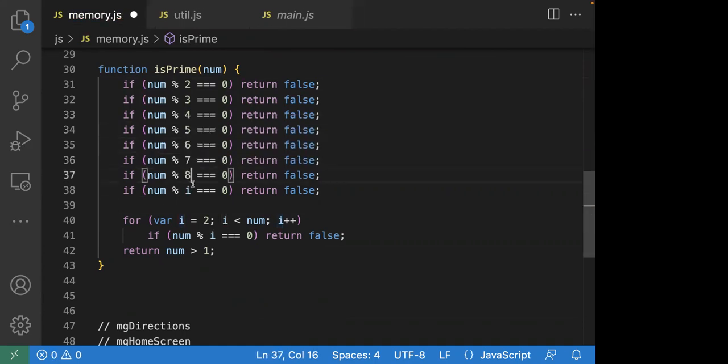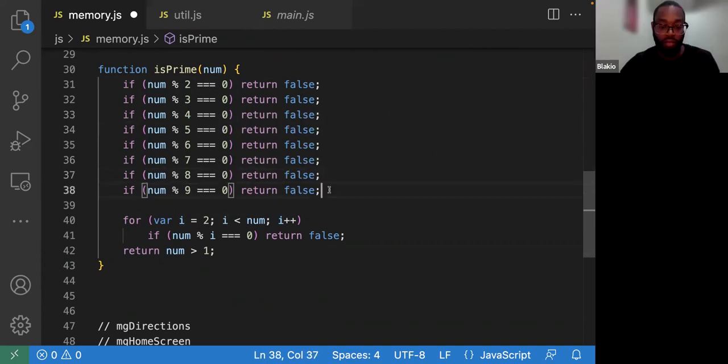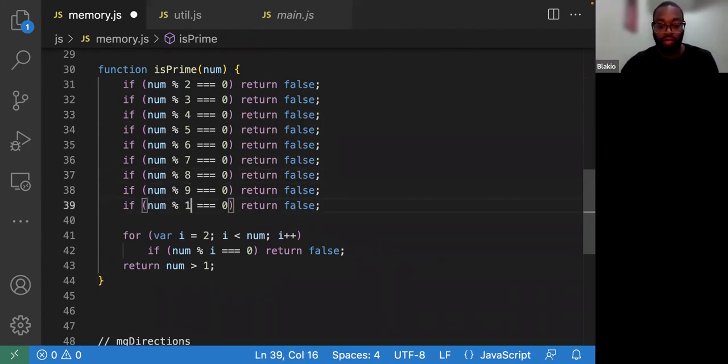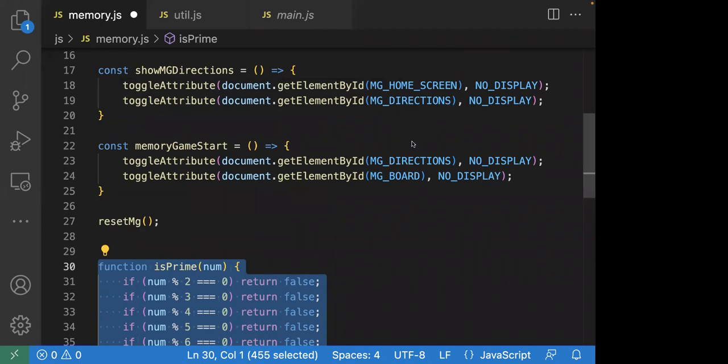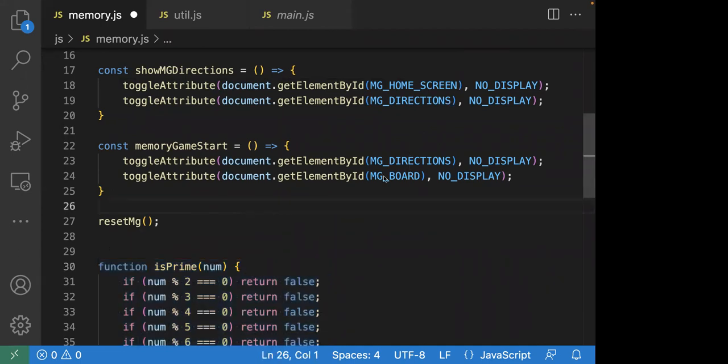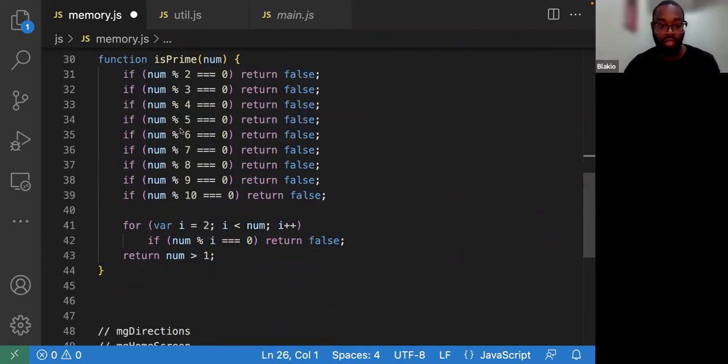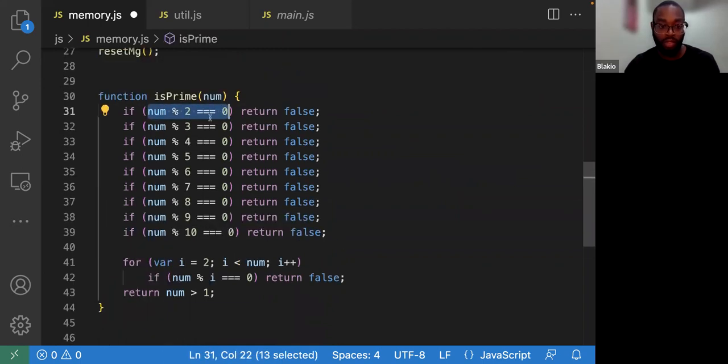No. 8, 9, and even do 10. Why not? Just throw 10 in there, and I guarantee this is gonna bypass a whole bunch of stuff. Yeah, and I'm sure JavaScript internally does this in a very efficient way. It evaluates this part in a very efficient way. So those large numbers, they'll probably be taken care of. It's probably factored in to the way they calculate it.